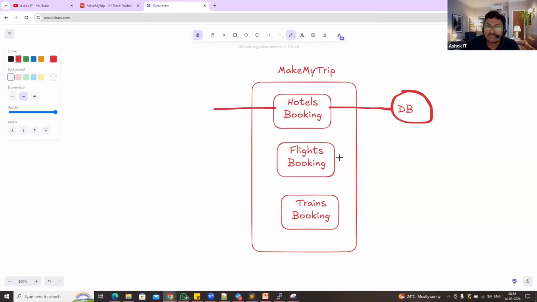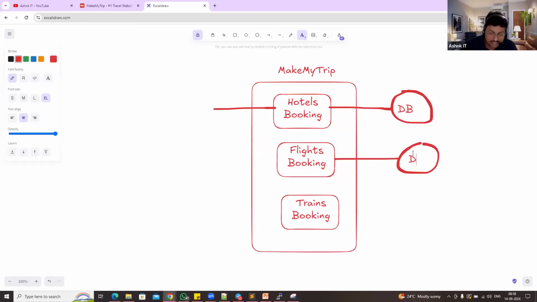And similarly, flights booking, flight tickets booking. Develop one simple project which contains only the logic to book the flight tickets. For this, let us take a separate database. So this is one microservice. A microservice is nothing but a simple project, a small project which contains only one